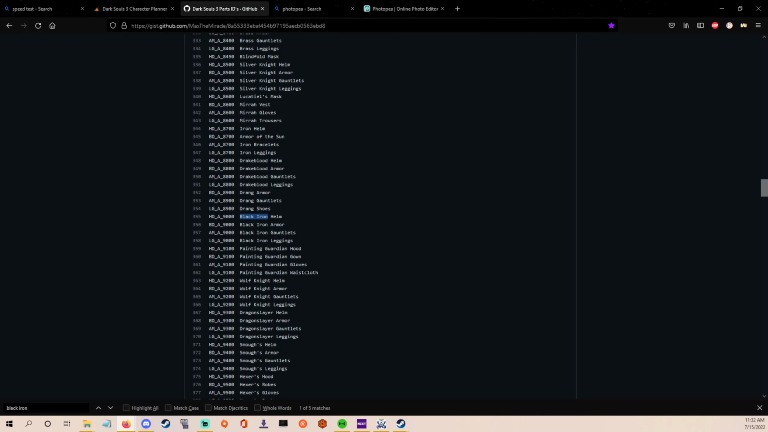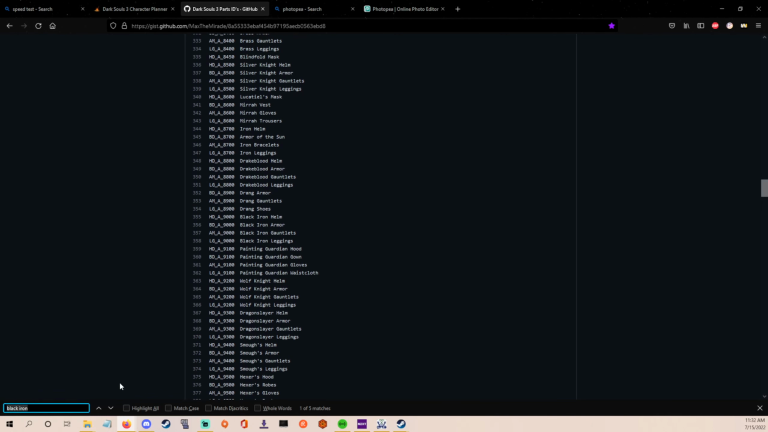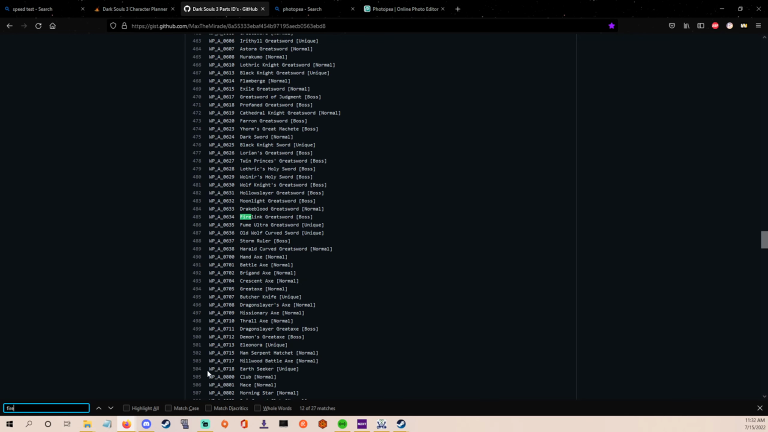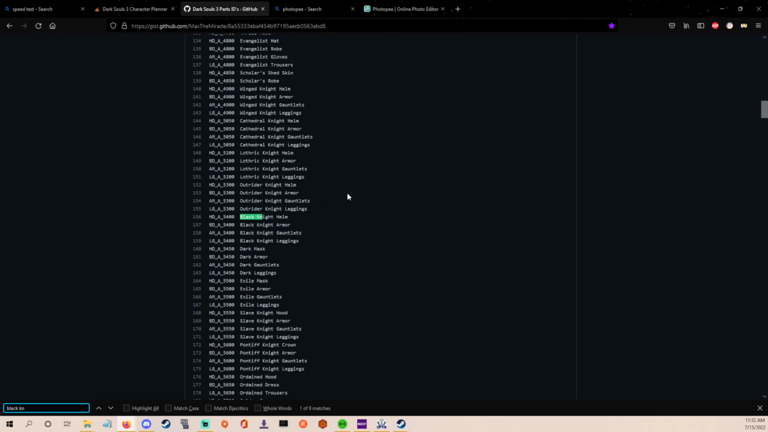So first off, you need to use this GitHub link to find the file names for different armors. And it's pretty easy. You can just Control F, let me see, Control F for Black Knight Helm, and it gives you a file name. And then all you need to do